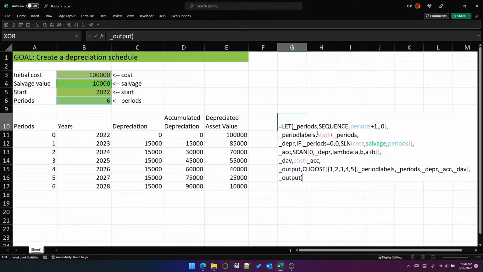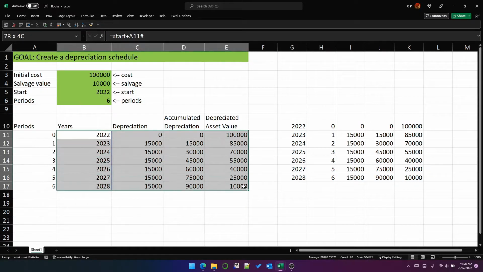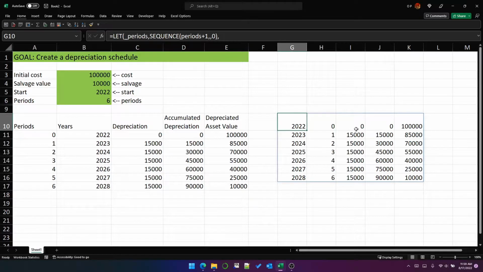And if we close the let statement, you can see that it's created this array. And actually you can see that these are now the same numbers as this. So that's pretty good. We've done that with a single formula. A couple of things that we need to do are add a header row. I'd like to add a header row. And then